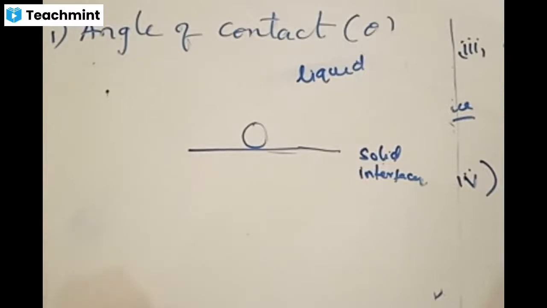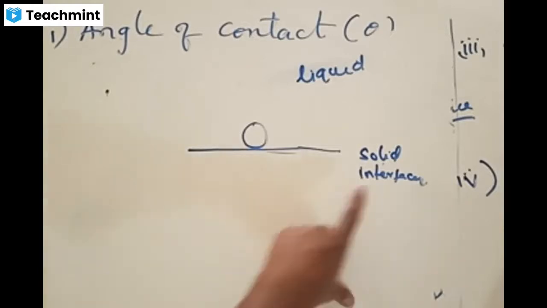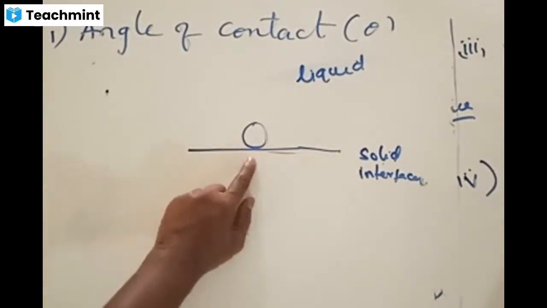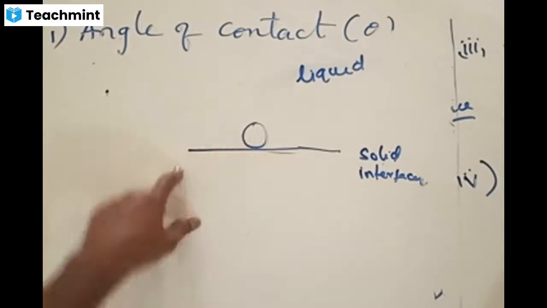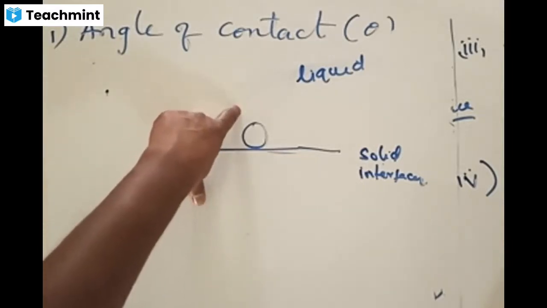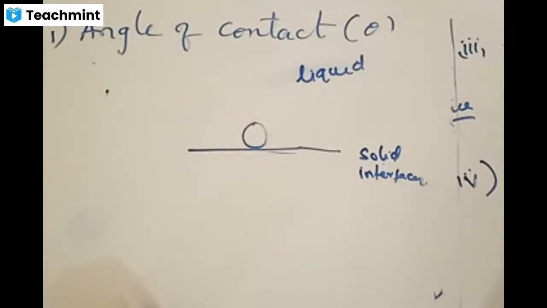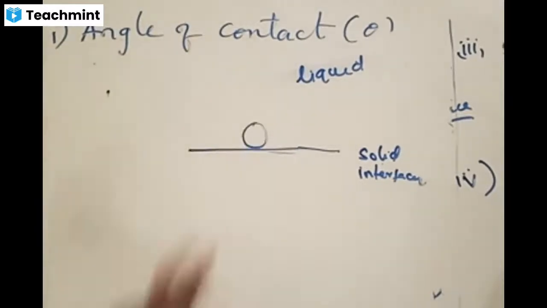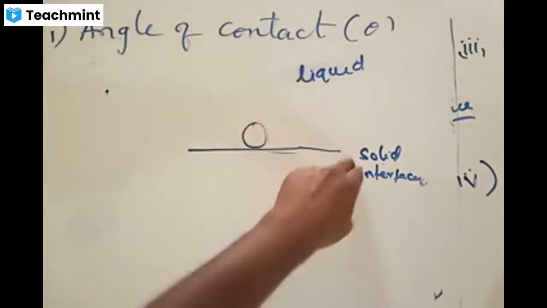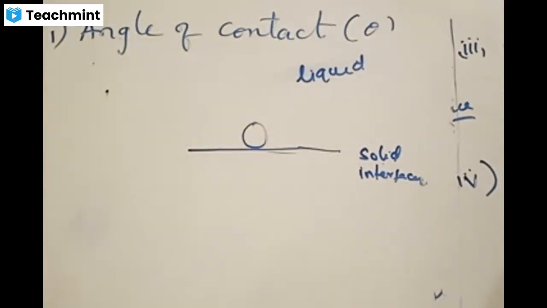Is this first point clear? Interaction: something is falling and meeting. If water is thrown on the floor, then liquid water is interacting with the solid surface of the floor. That is the meaning of solid interface. Interface is the separation where two kinds of things are going to interact. Which two are here? One is the liquid, the other is the solid. Now we define angle of contact like this. For a solid-liquid interface, angle of contact is defined as the angle made by the